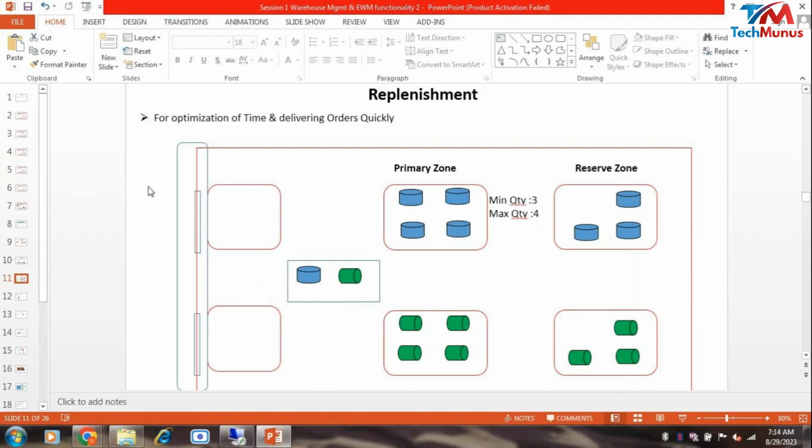Now the next important function in EWM is replenishment. So what is a replenishment? Imagine there are two zones in a warehouse. One is a primary zone or a pick face zone, and another is a reserve zone. So this reserve zone works as a buffer zone for this primary zone,